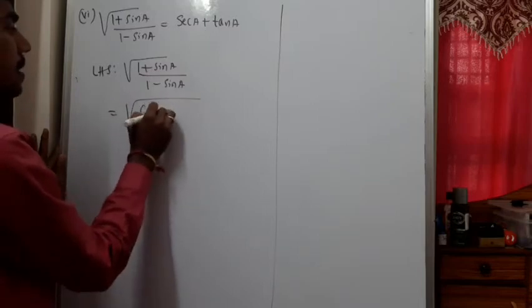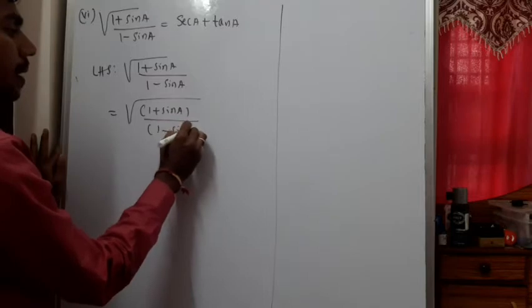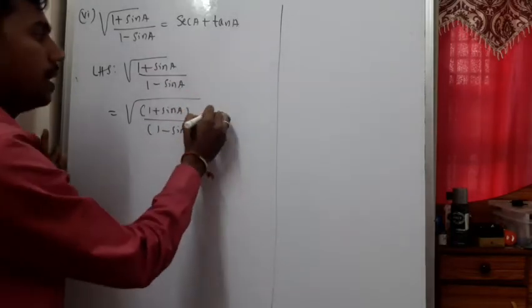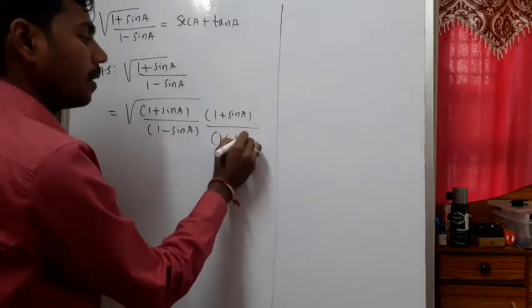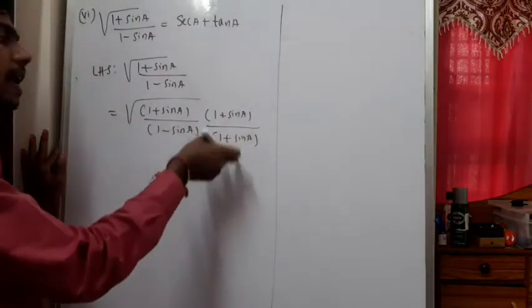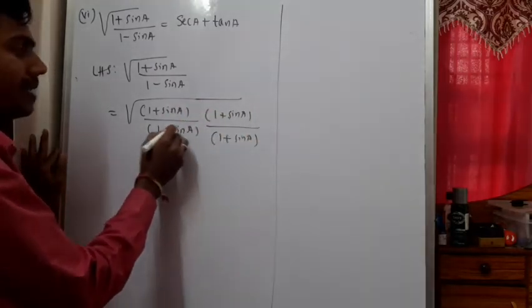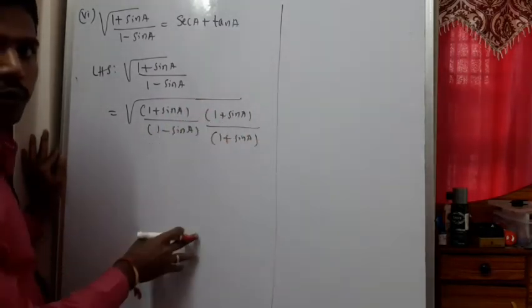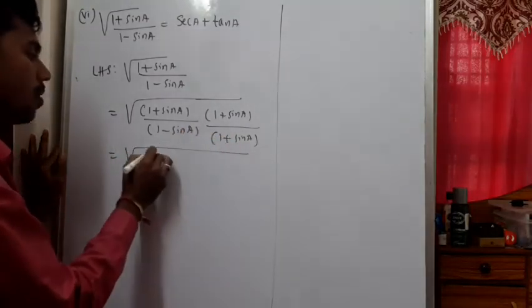So (1 plus sin A) divided by (1 minus sin A), under the square root. How do we rationalize? It will become (1 plus sin A) divided by (1 plus sin A). Change the sign and multiply and divide by changing the sign. So that's how we are going to do the rationalization of the denominator. So we did it. (1 plus sin A) whole square